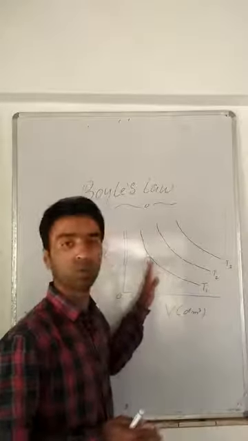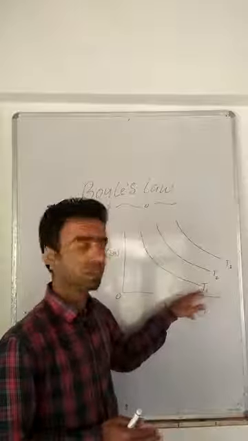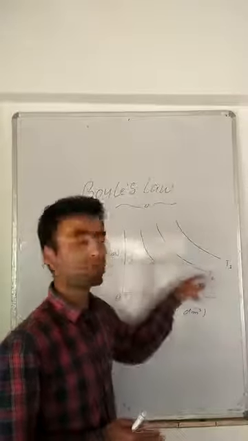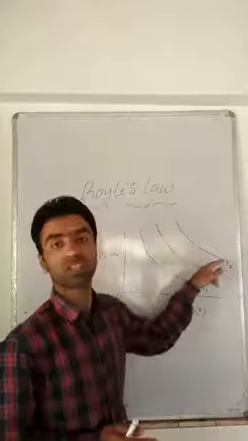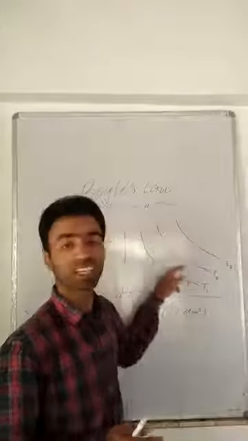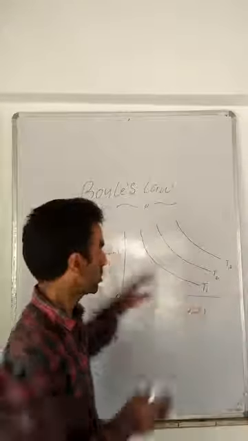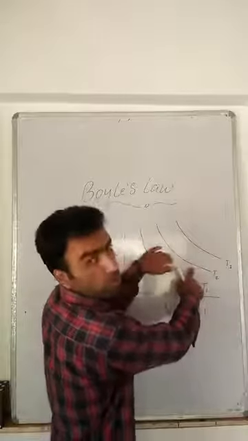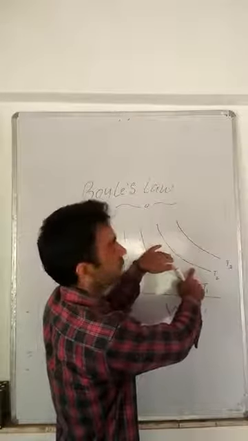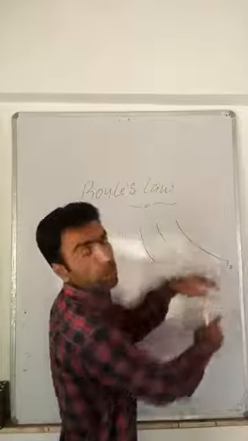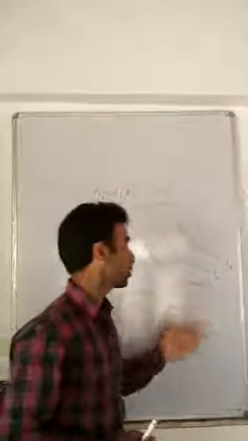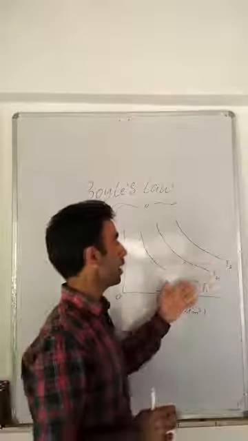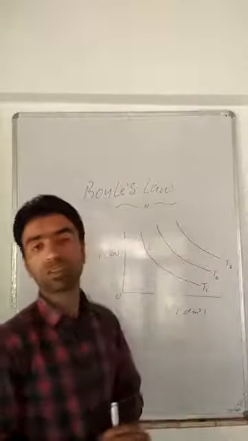Boyle's law will be operative here because at temperature T1 it is Boyle's law. This is the first type of Boyle's law curve, this is the second, and this is the third, because for three different curves we have three different temperatures. It will be isothermal, at constant temperature T1. This is a separate curve, again Boyle's law at temperature T2. This third curve is at a different temperature than the earlier ones, so Boyle's law is applicable to it too. Now we have to study which of the three temperatures is higher.